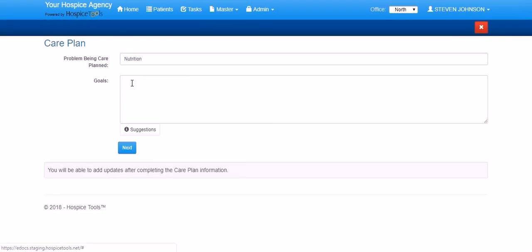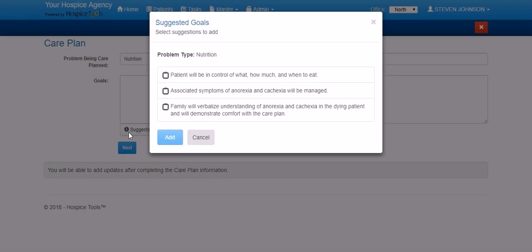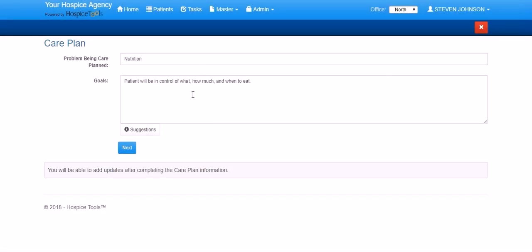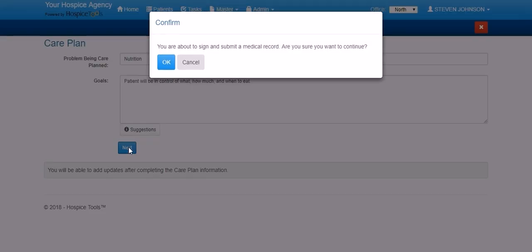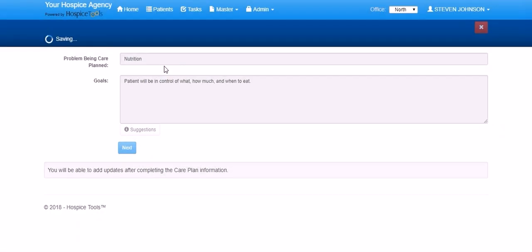When we click Suggestions, we see a number of goals that pop up related to nutrition. And we can select any number of these goals. We simply click on the box and the suggestion is added as a goal. This gives us a starting point of goals that are commonly associated with nutrition. In this case, we'll select that the patient wants to be in control of what, how much, and when he wants to eat. Once we click Next and save the problem and goals, the care plan opens up observations and